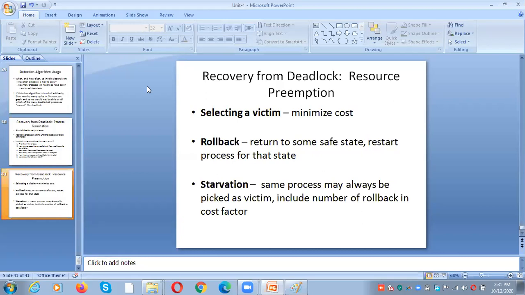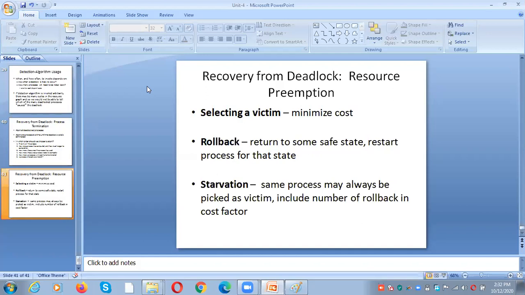If there is a cycle, then it will be a deadlock. In some situations, even if there is a cycle, we cannot consider it a deadlock if there are multiple instances of a resource available. Okay, and then deadlock avoidance. In deadlock avoidance, we have single instance, that is the claim edge example, and then we talked about Banker's algorithm, safety algorithm, and after that we discussed deadlock detection. Under that we discussed wait-for graph. Later we had a discussion about deadlock detection using algorithm.